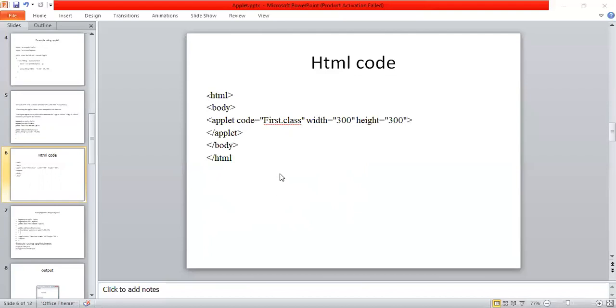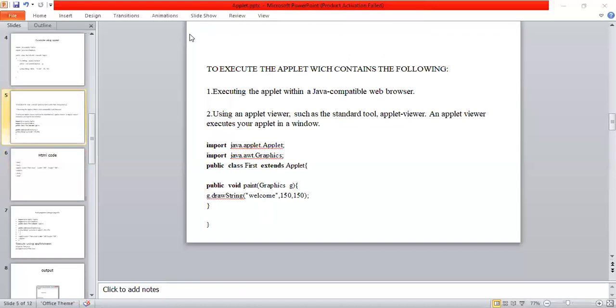Once the saving is over, close that application, then go to that file, which shows a browser icon, either Internet Explorer or Mozilla, anything. Double click on that browser, which shows the output of this applet.